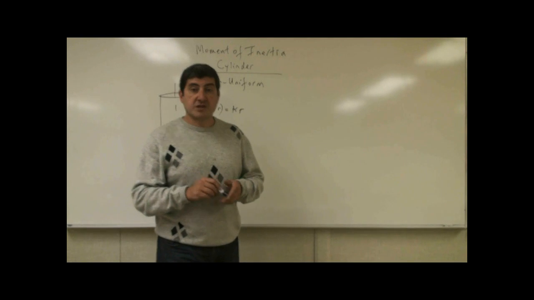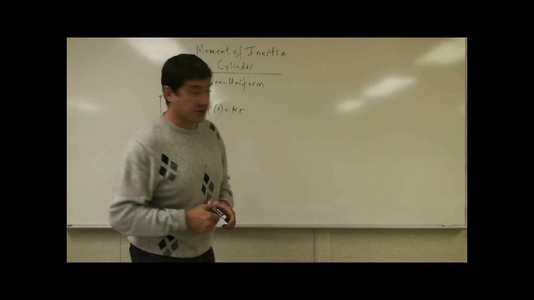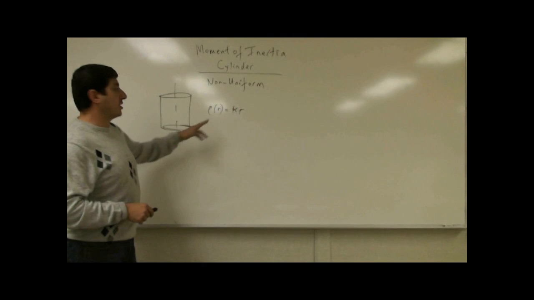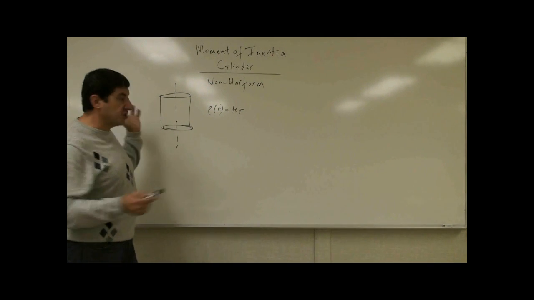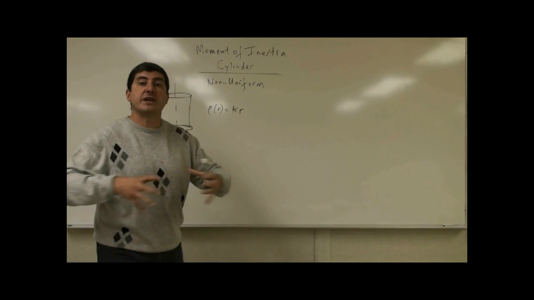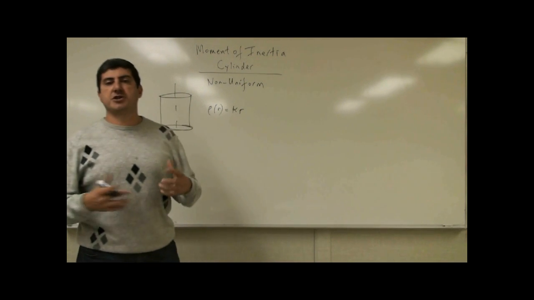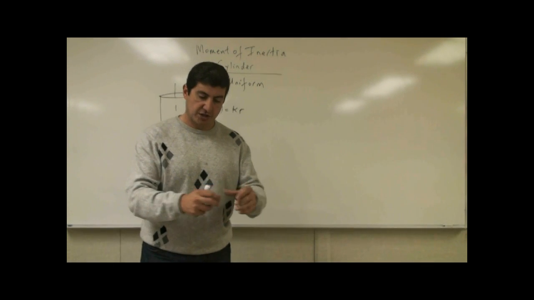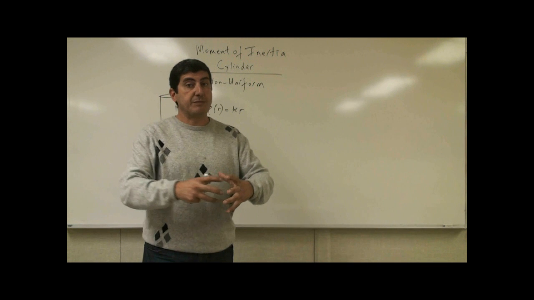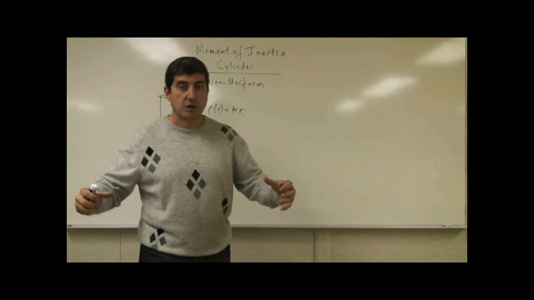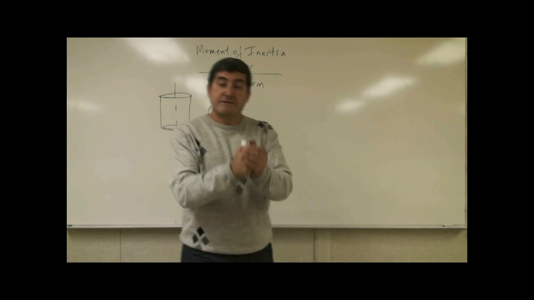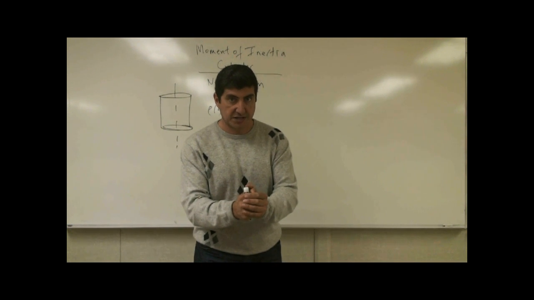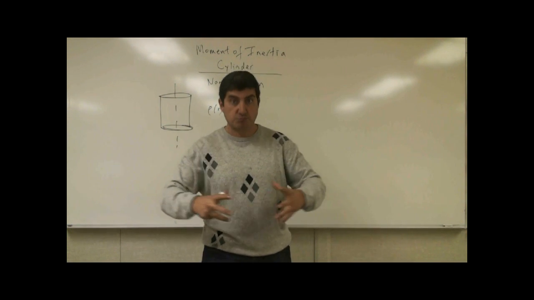I'm going to derive the moment of inertia of a non-uniform cylinder. What if the volume mass density of the cylinder changes as some function of the radius? So if the cylinder maybe is made out of a dense material inside, and maybe it gets less dense as you go out. Or maybe it's made of very little density material inside, and then as you go out, it gets more dense,